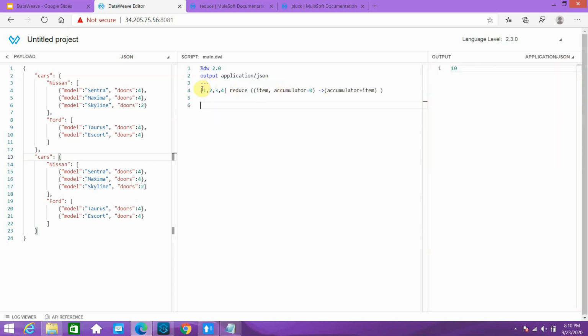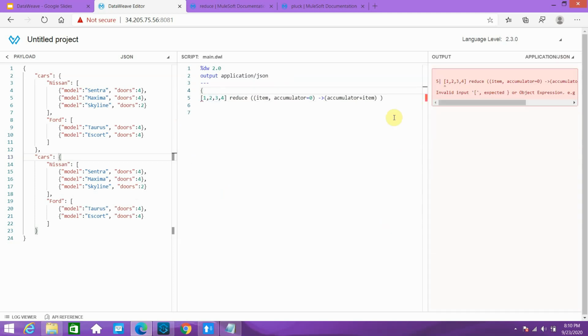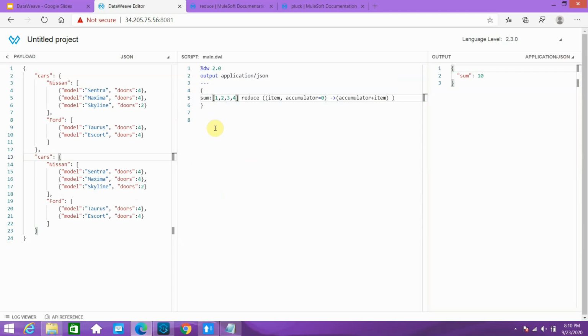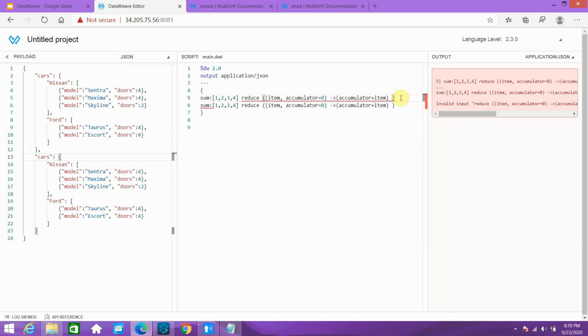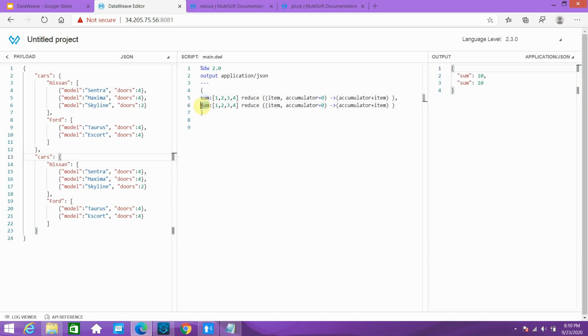So I will show it in a better format, so I can do various operations. Here I can say sum, so I got the sum equal to 10. Let me copy this. Concatenate: here I will concatenate.